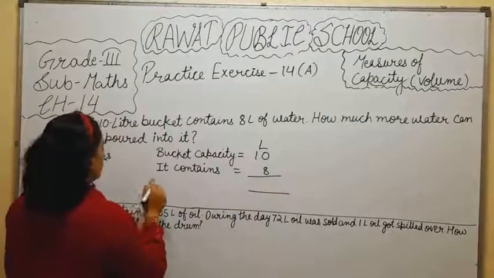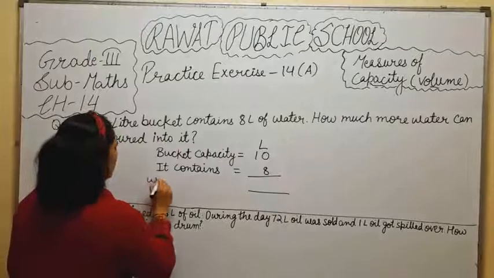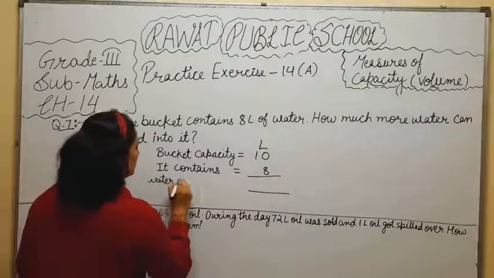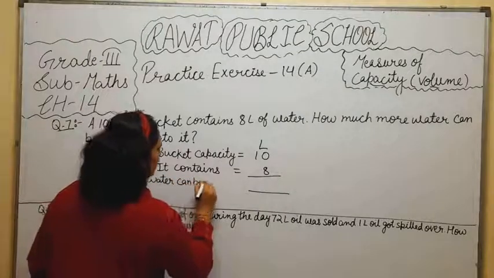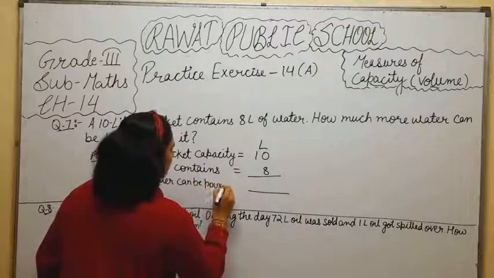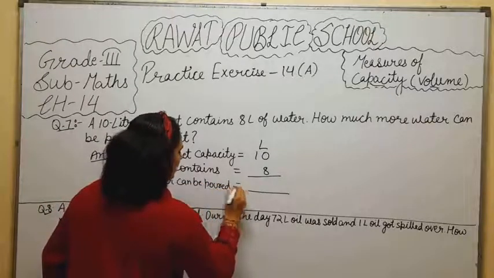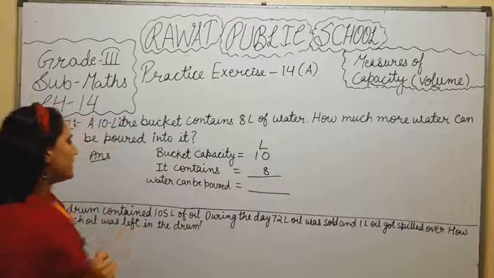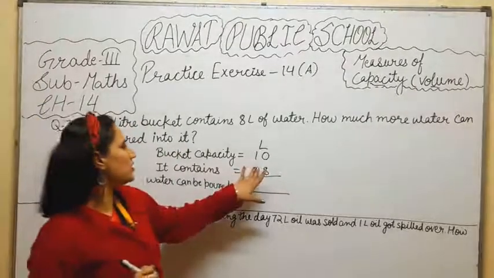So water can be poured is equal to. So what we have to do in this question is that 10 is the whole capacity